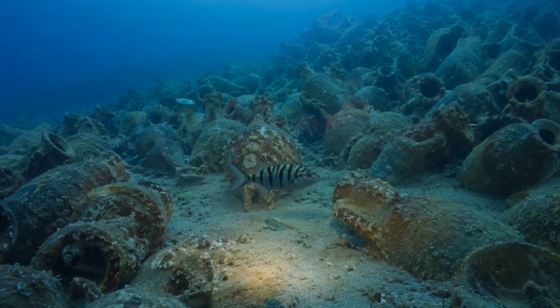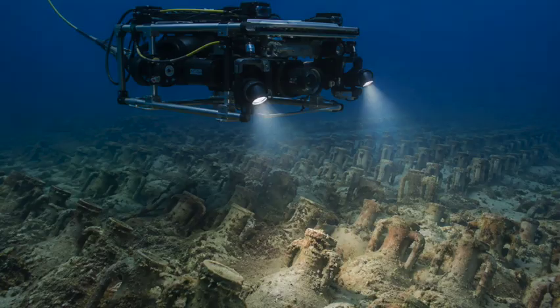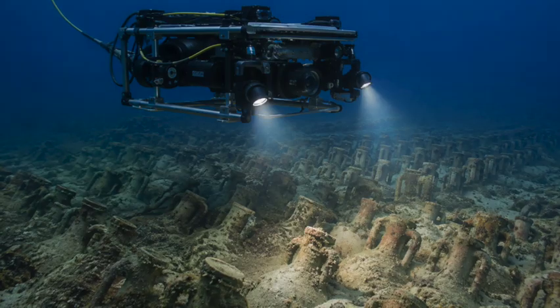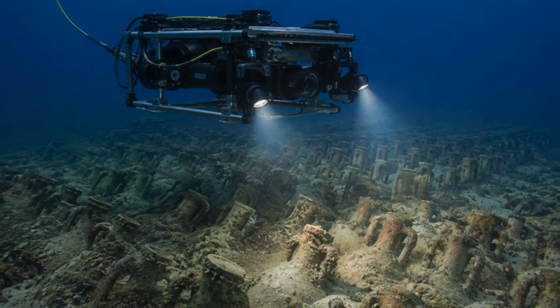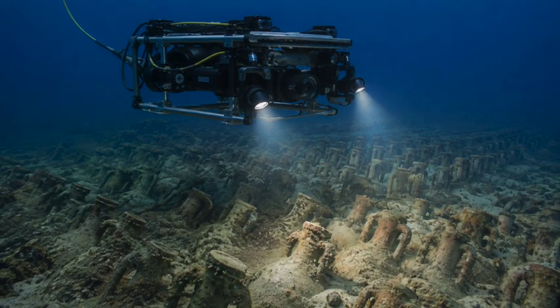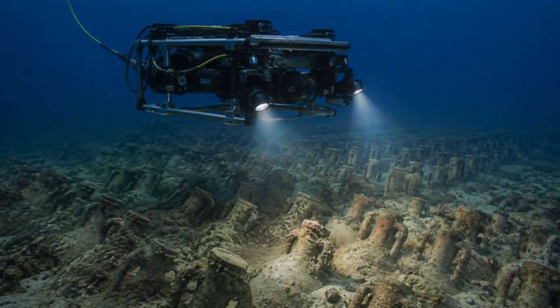The amphorae stretch through the blue-black water, close, packed, and quiet. The anchor stock lies beyond them. Fish hover at the margins. Around the site, untouched sand continues into darkness. For the first time, you can see the wreck, not as a collection of details, but as one held shape,